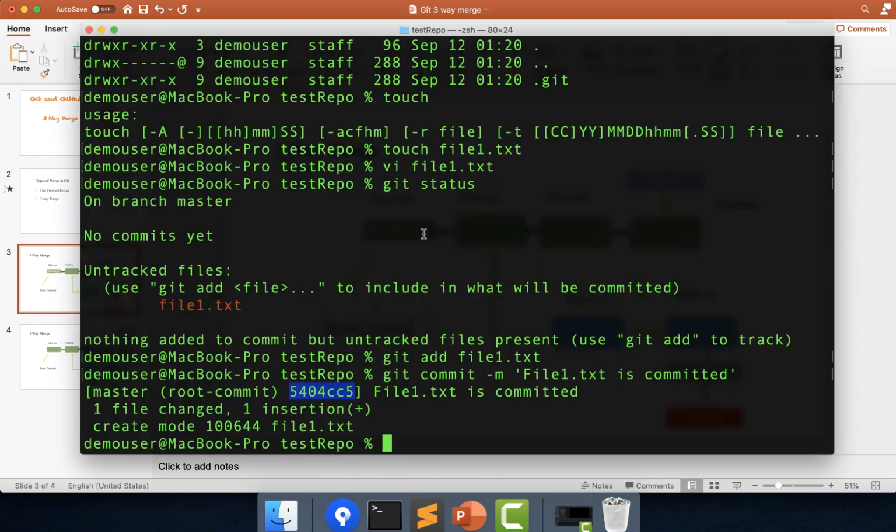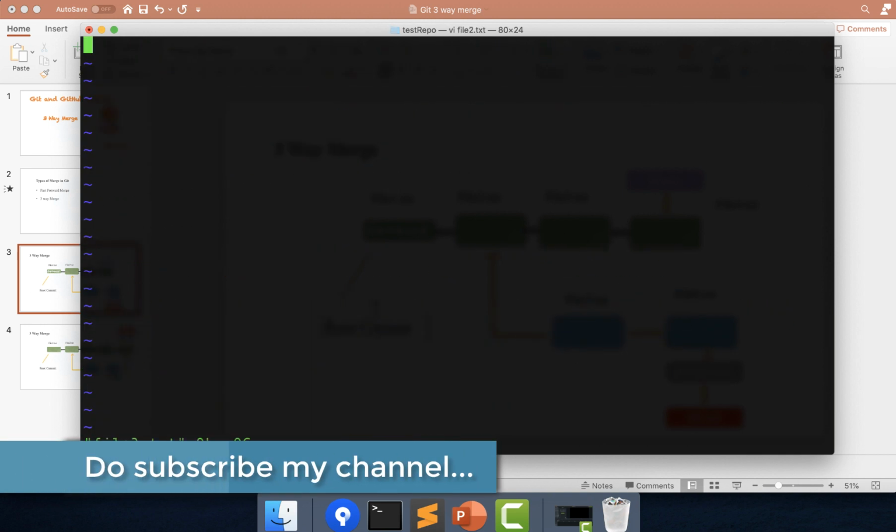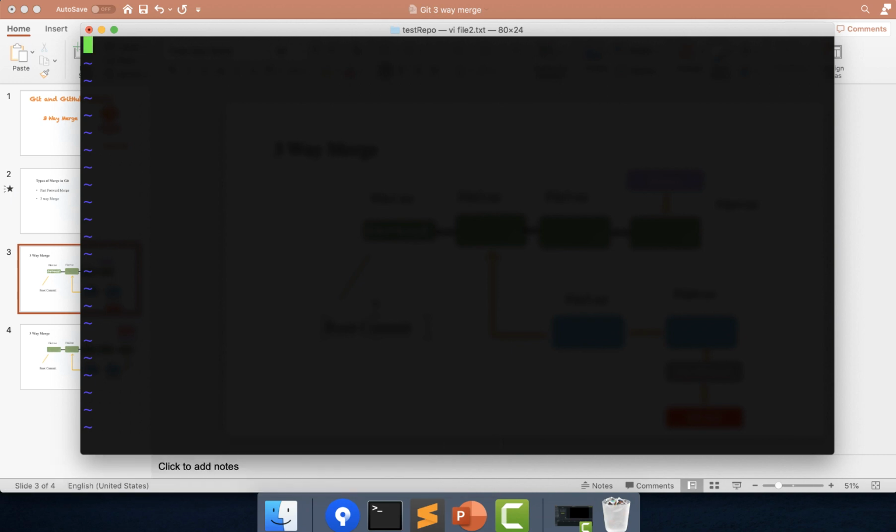So this is the hash for the first commit. Now we'll do another commit. I will simply type the command again, file2.txt, and I will do it again by editing it, and again I will use the same thing, like I'll type file2.txt,